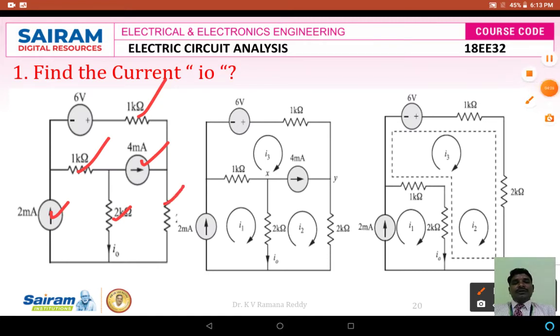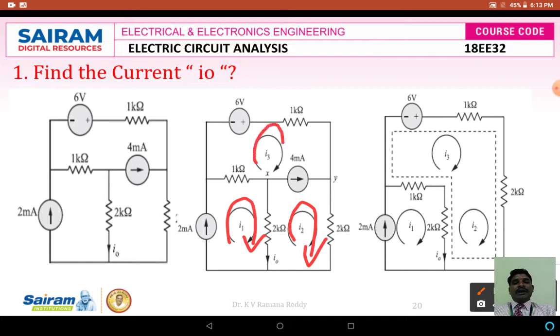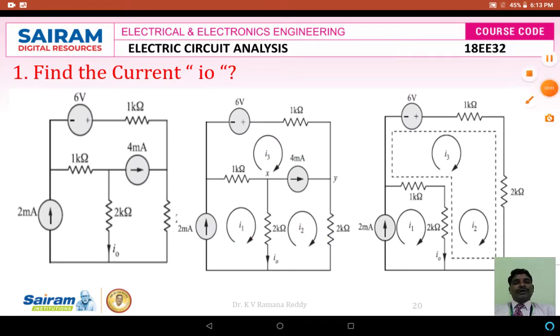In this circuit, if we want to apply the super mesh analysis, the first step is to analyze the currents in the respective loops. So arbitrarily I am choosing three currents I1, I2, I3. I1 is the current in the first loop, I2 is the current in the second loop and I3 is the current in the third loop. According to these current directions shown in figure 2, we may get the equations as follows. According to the direct inspection method, from loop 1, I1 current is equal to 2 milliamperes